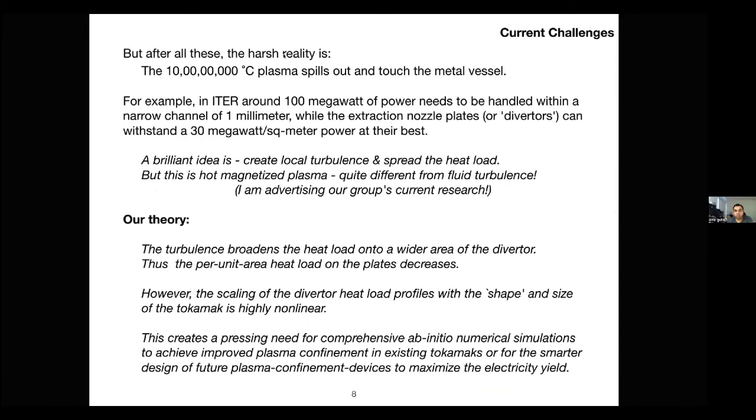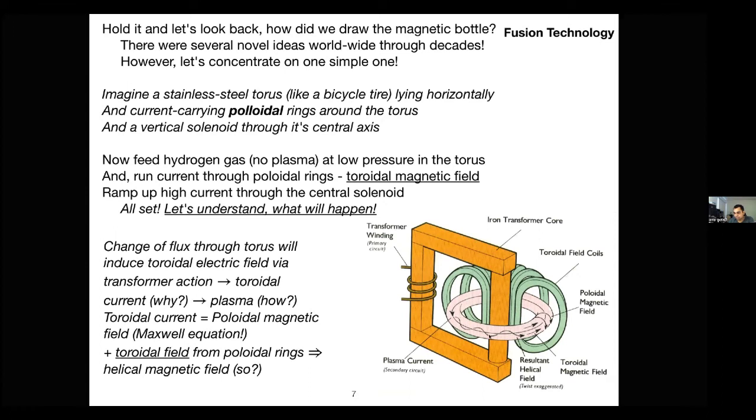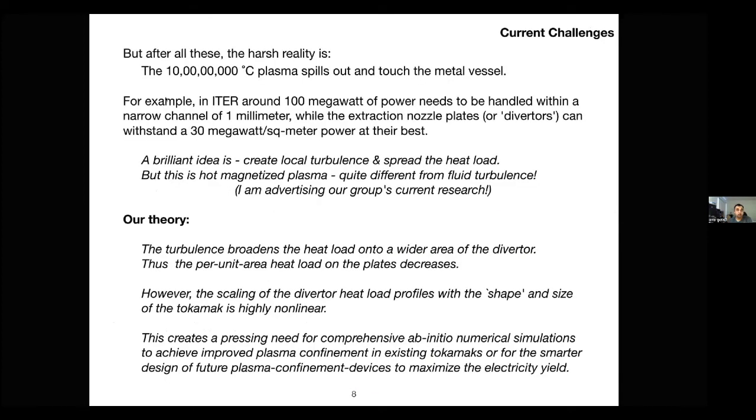Because the plasma that we have generated here in this core actually leaks out, and now we have a very hot plasma, and outside it's pretty much 27 degrees centigrade, and we have a metal or material. So what are the challenges? That's why I wrote, after all this, the harsh reality is this plasma spills out and touches the metal vessel, and we cannot let that happen, because if we actually want to make a commercially viable fusion reactor like